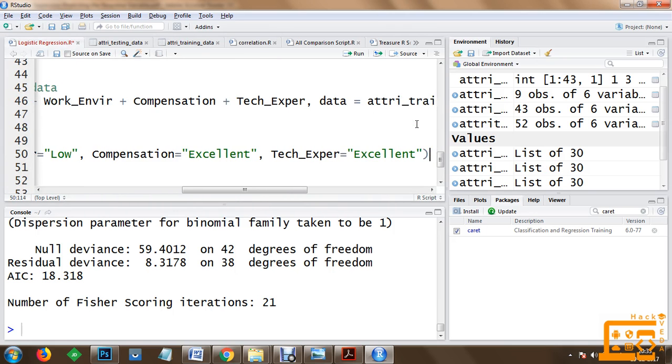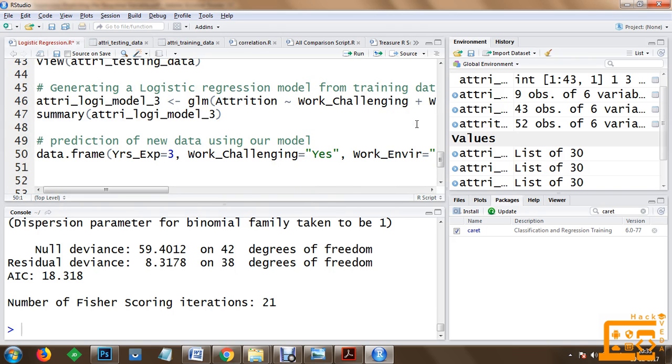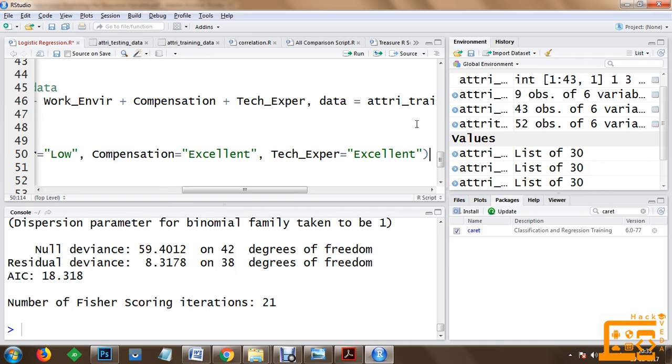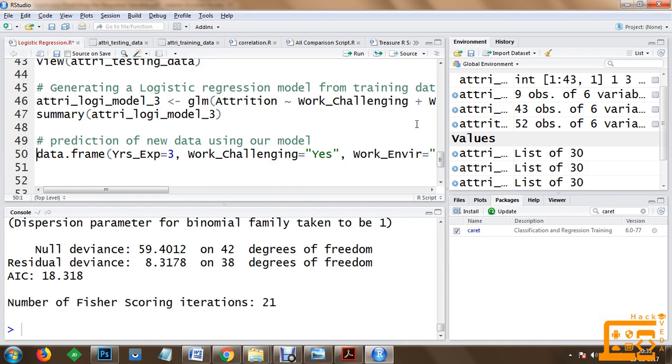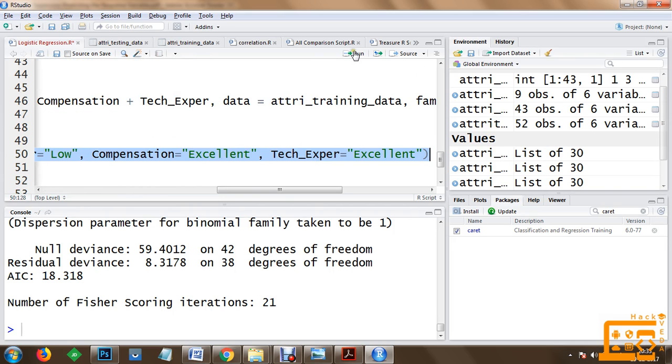So this is the data frame which we are going to create. We're going to put that into, let's call it, df new data. So now let's just execute.